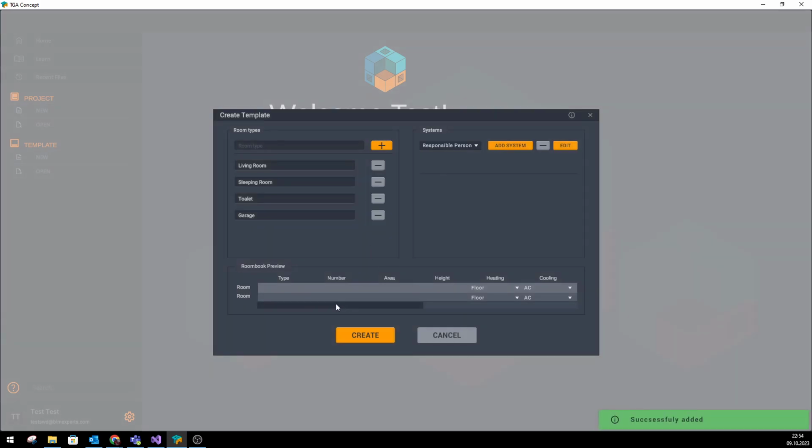And in this case down here we have a preview of our room book, how it will look like with our template. So our template will define these columns. So for heating we'll have radiator, wall heating, for cooling we'll have air conditioning, wall, for washing machine we